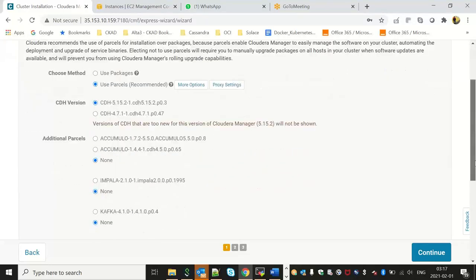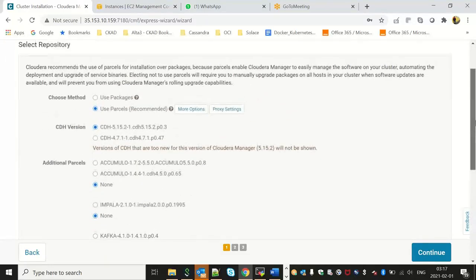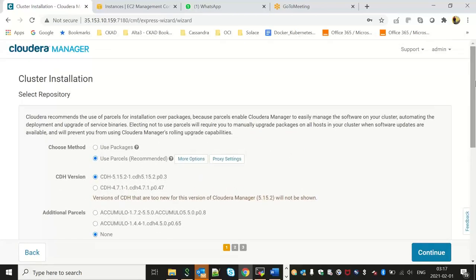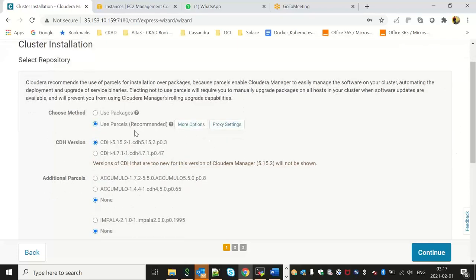On this page it's asking for the location from where it will fetch the packages or the parcels. There are two ways through which you can install the CDH versions: either using parcels or packages. There's a slight difference, but we don't need to go into those intricacies. We'll be using parcels, and instead of providing Cloudera's repository,